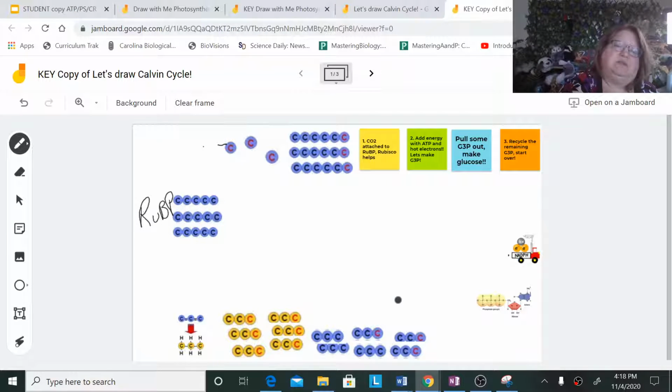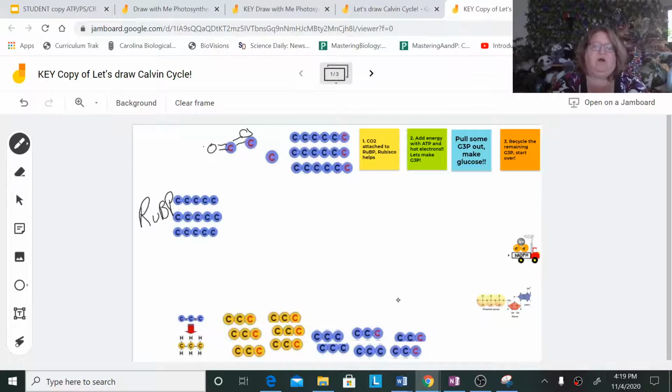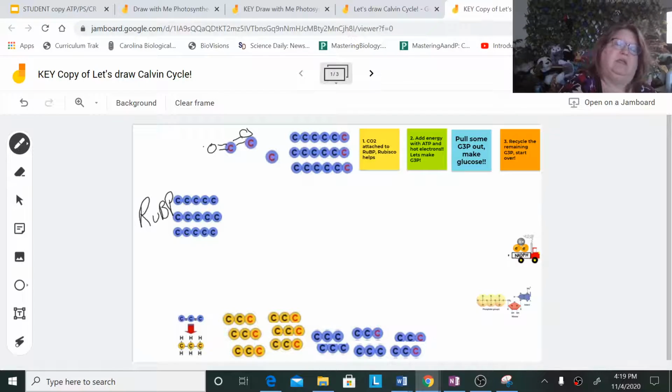These carbons are actually carbon dioxide. Now, if that helps, that's fine, but you can see if we keep adding stuff to our carbons, it gets real cluttery real fast. So just understand that we're going to be adding CO2, carbon dioxide,